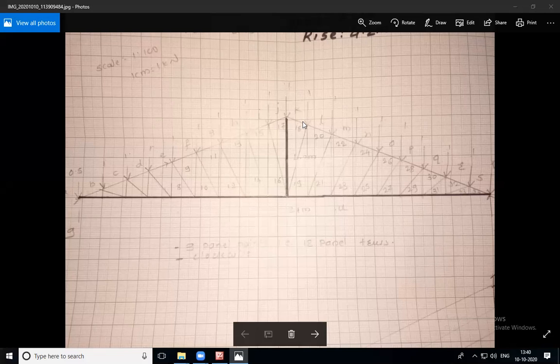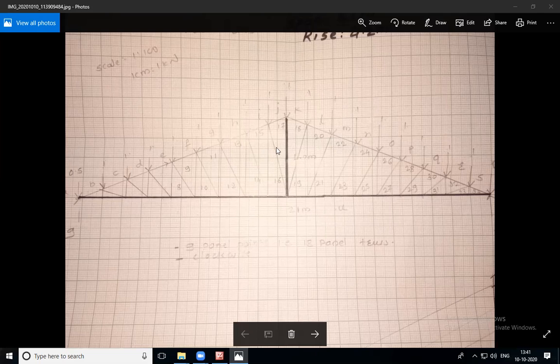So here, to analyze the truss with a graphical method, we first of all should have the dimensions, isn't it? Starting with what our truss is having: span 21 meter, which is shown here, and rise is given as 4.2 meter. We have taken a scale here, 1 as 200, or we can say that 1 centimeter is equal to 100 centimeter.